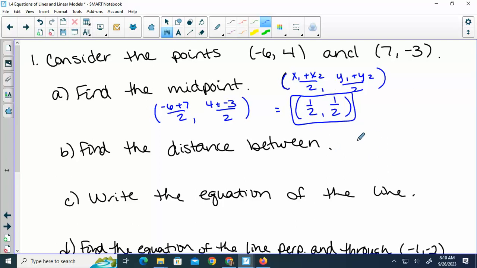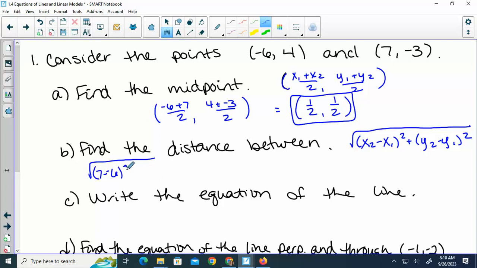Distance formula. So distance is the square root of what? Okay, so we have the square root of 7 minus negative 6 squared plus negative 3 minus 4 squared. So this would be 13 squared, which is 169, plus negative 7 squared is 49. Add those together and we get